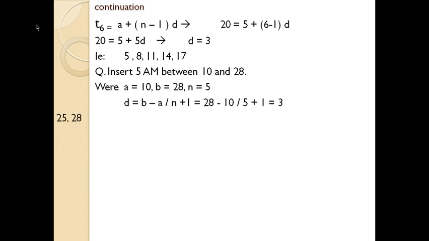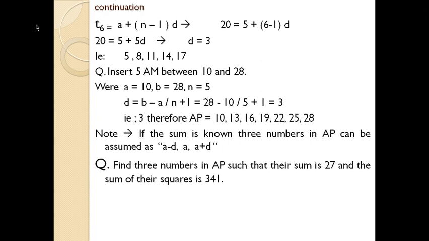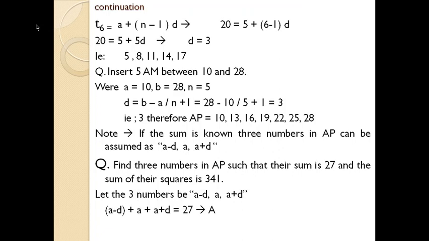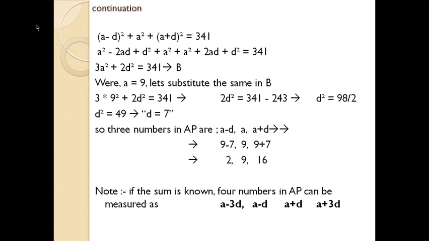Last class we were discussing a series, an arithmetic progression where some of the series is given and you need to find three unknown values or three unknown numbers. In that case, we know how to do it. The next case is an arithmetic progression where the sum is given. You need to find four unknown values. In that case, your assumption will be: let the four numbers be a minus 3d, a minus d, a plus d, and a plus 3d. Let's try the same in some of the cases.